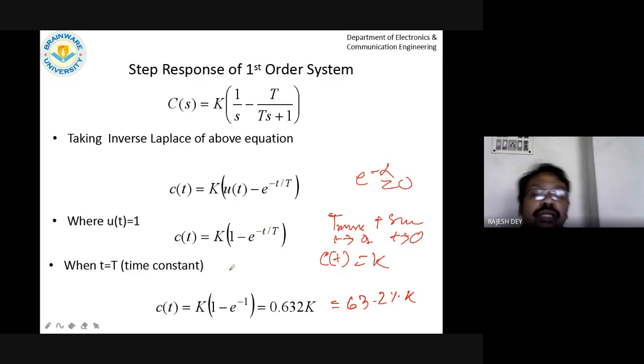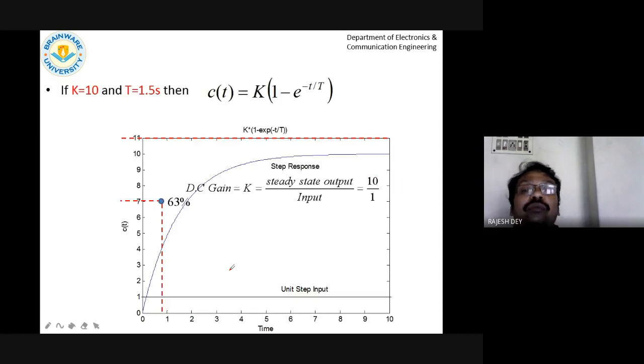If the time constant is minimum, then the system reaches the final value instantly. Now take the plot. We take an example. It reaches the final value after a certain period. You may say, sir, it is 10 seconds, it already reaches up to 10. Yes, t tends to infinity, but it is not actually infinite.